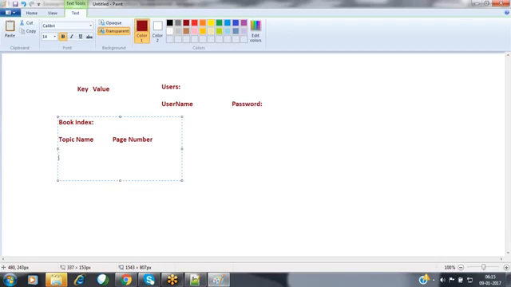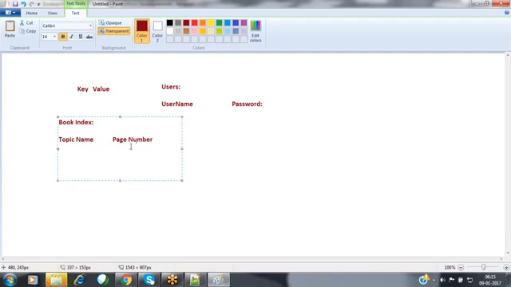Page number is a duplicate. Nothing but the topic name is unique, and the page number is a duplicate. For two topics the page number may be the same. Why? Because inside a page we can describe more topics, since if a topic is very small, we can describe multiple topics inside the same page. So for two topics the same page number will be available here.